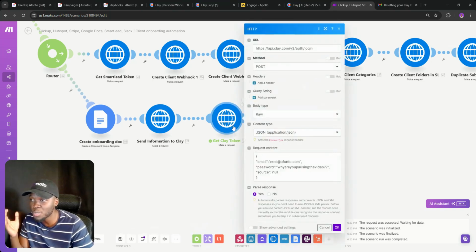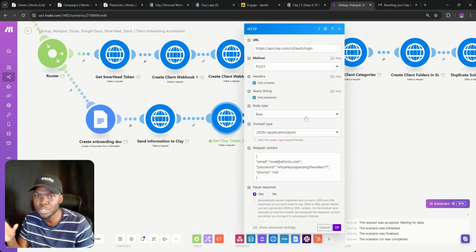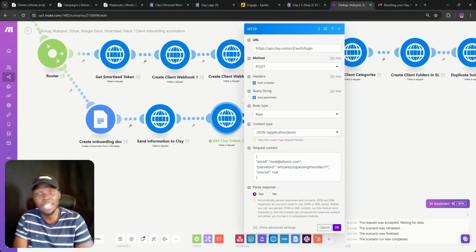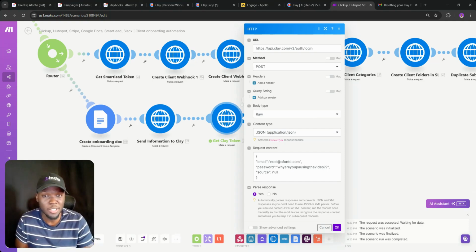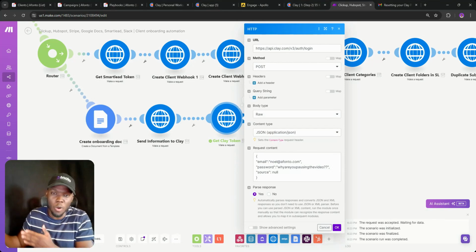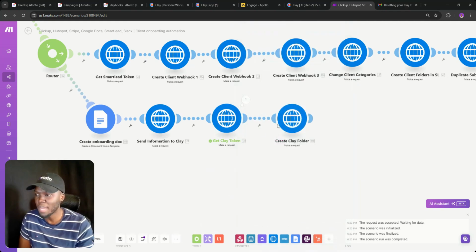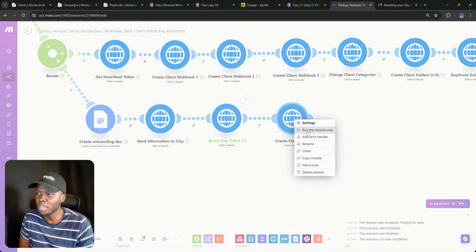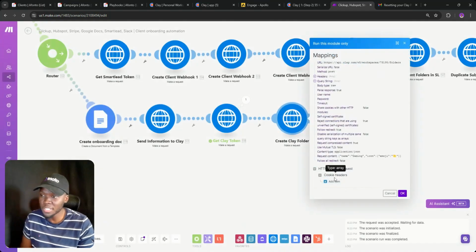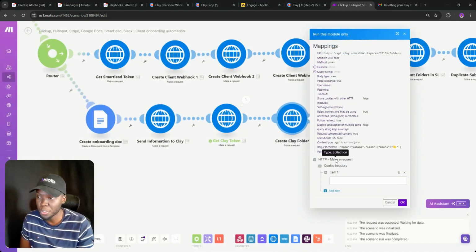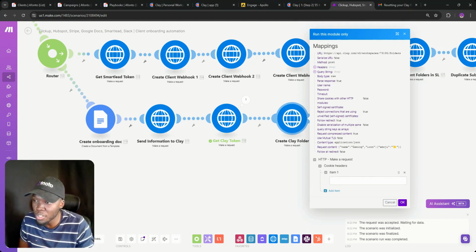The first thing we want to do is get a Clay token. The reason for this is that Clay does not have any API documentation at the moment, so we're doing a workaround to automate our Clay workspace. You put your URL right here, you put your email, your password, the source is null, and you're going to be getting a cookie from that. I'm not going to open this because it does contain some sensitive information. But if we click run this module only, we're going to see the cookie headers that I was just referring to. The main part I want you to focus on is this request content session over here,